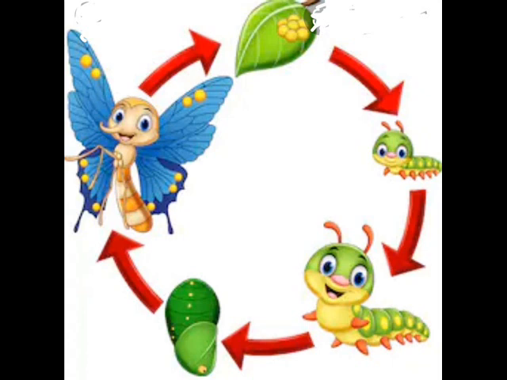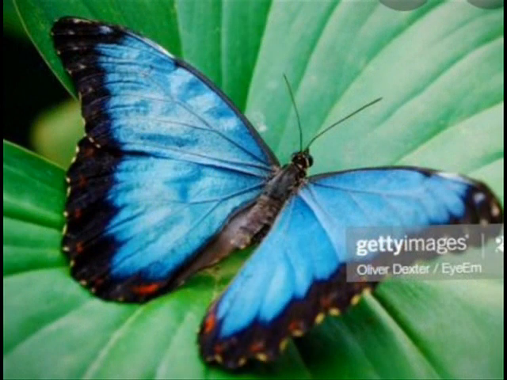The next stage of the butterfly's life is the larva, and it is called a caterpillar. The third stage is when the caterpillar creates a cocoon and becomes a chrysalis. Butterflies play an important role in flower pollination. The life of a butterfly is 7 days. Some live a few months.